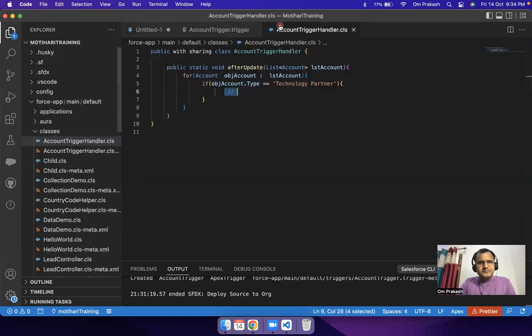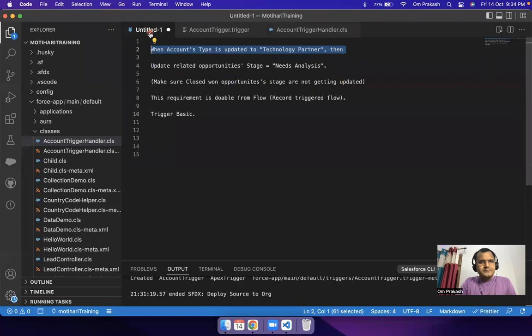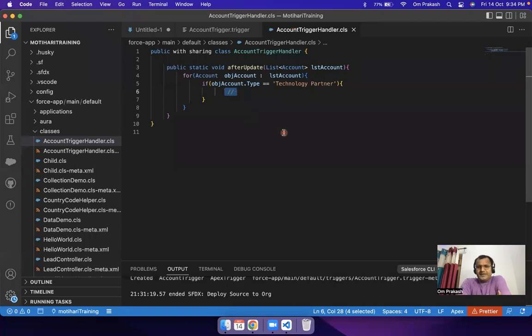Then we can find all the related opportunities and we can update those. But here something is missing. Let me leave this. I will show you a demo of what is missing here, because I am also following some logical part. So here we are just checking